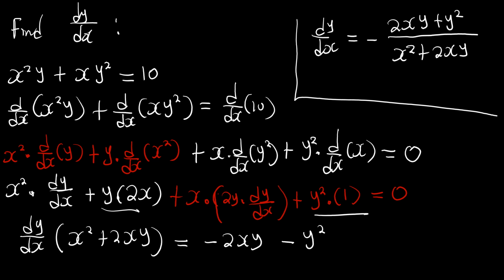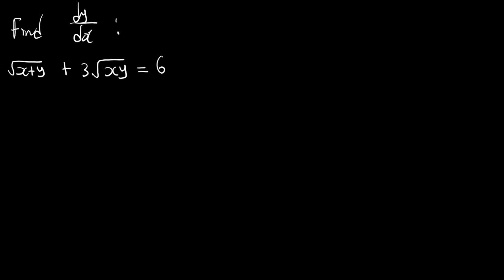Let's do the last example. Here we have the square root of x plus y plus 3 square root of xy is equal to 6. Even here we are going to apply the same thing, which is to differentiate each and every term that we have there. So we are going to differentiate the square root of x plus y,